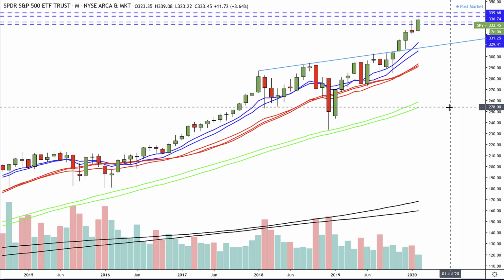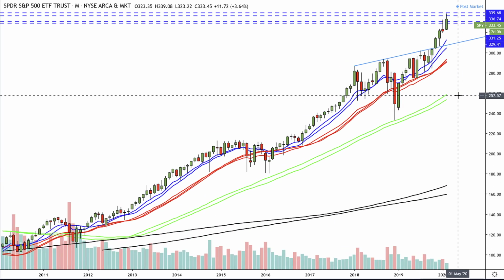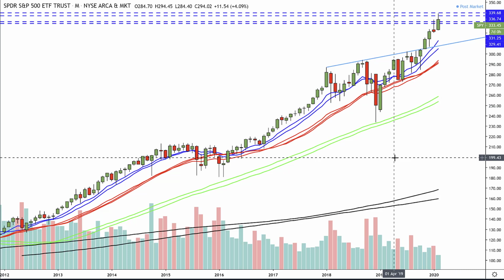Again, I'm not a Democrat. I'm not a Republican. I don't care about politics, but I'm an analyst. I'm a trader. And to me, all indications look like Trump is going to be reelected, which is not a bad thing, which is actually a good thing for the stock market in general. So again, take out your political views for a second. I don't care who gets elected, but the indications are that Trump will be elected, in which case the market